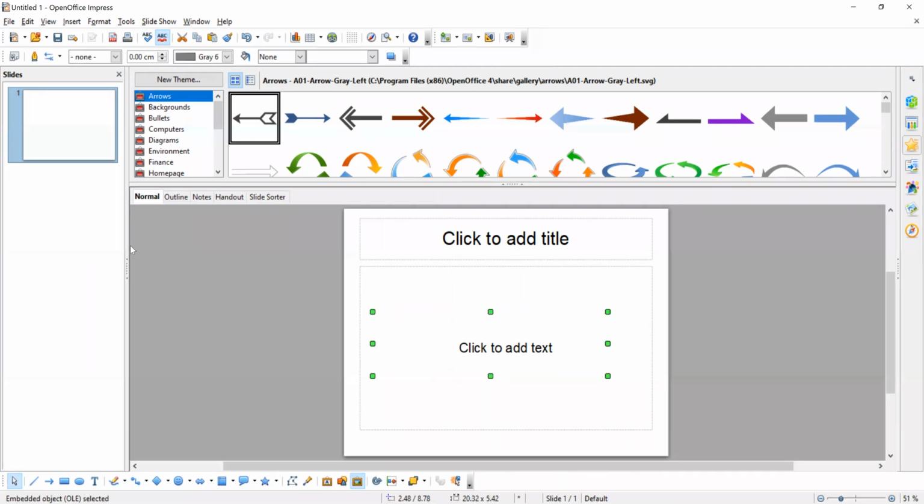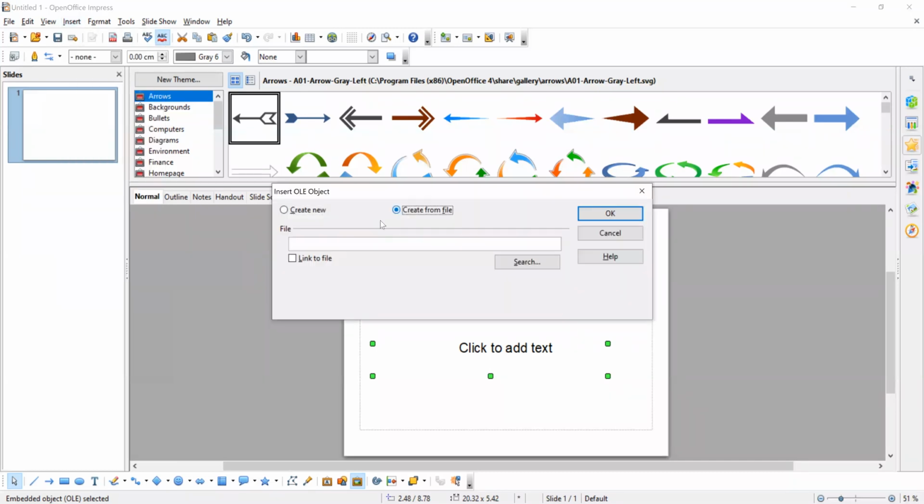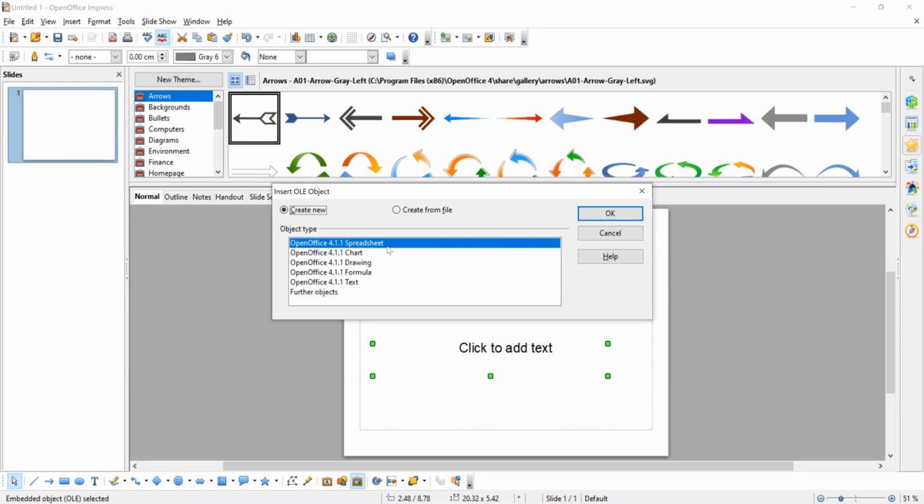Insert object, OLE object, create from file. Create new from spreadsheet, I have done. I'll take drawing.